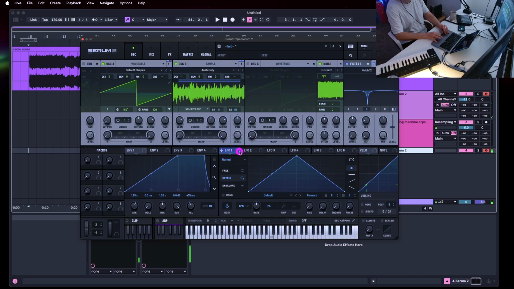Maybe we can just have the cutoff being mapped to the LFO. Slower than that. And have it free so it's always rolling. And we'll make it more going to filter 2. Slower.